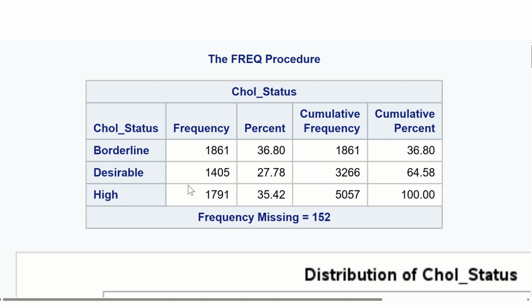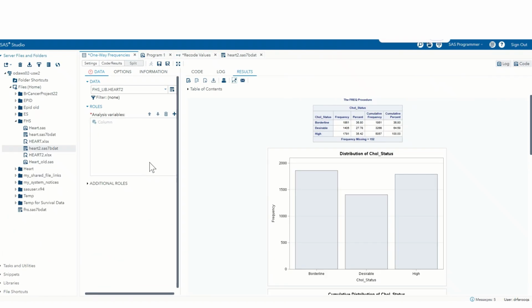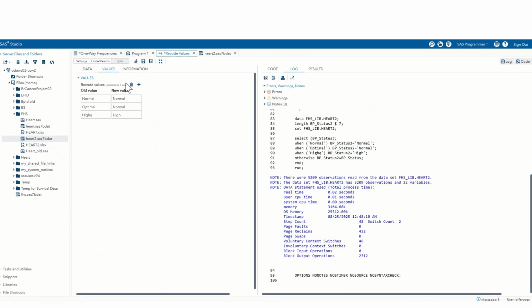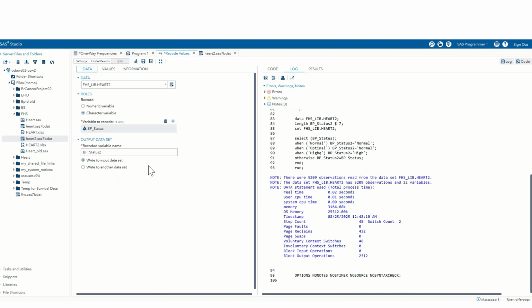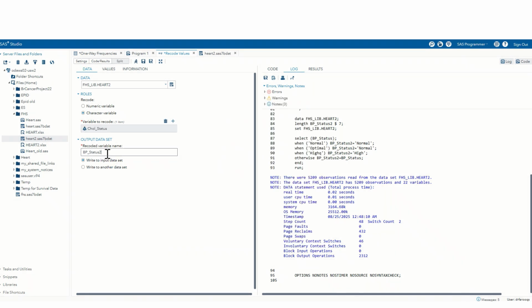In cholesterol status, again, we have three categories: borderline, desirable, and high. So we'll collapse borderline and desirable into one category. We'll just name it normal, and high will stay high. The same procedure. Let's go back to our Recode Values tab, and this time under the Data tab, it is again a character variable. So we'll remove BP status and replace it with cholesterol status, and the new variable will be called cholesterol underscore status